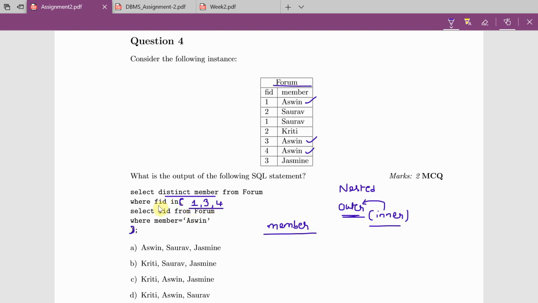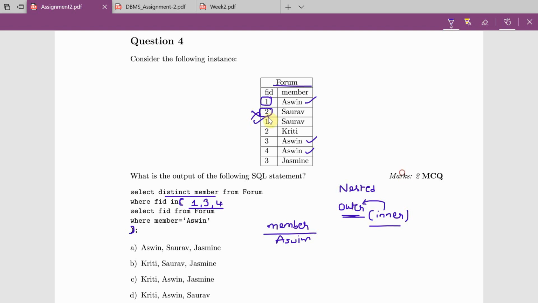So it will verify if the FID value of that member is in the list, and if so that member will be in the output. Now look, FID 1 is in the list, so the member Ashwin is in the output. And FID 2 is not in the list of 1, 3, 4.